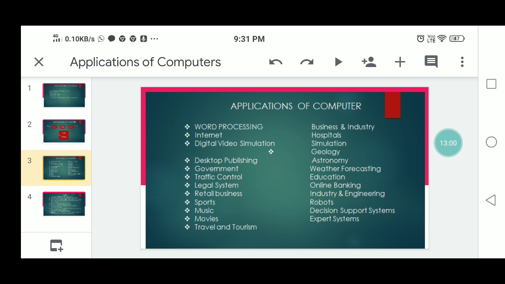So first one, word processing. Word processing software enables users to read and write documents. You have to type the documentation, you are using the word processing. This is the text editing software. So users can add images, tables, emblems, graphs. We have to illustrate this concept using the word processing software. This is the text editing software.